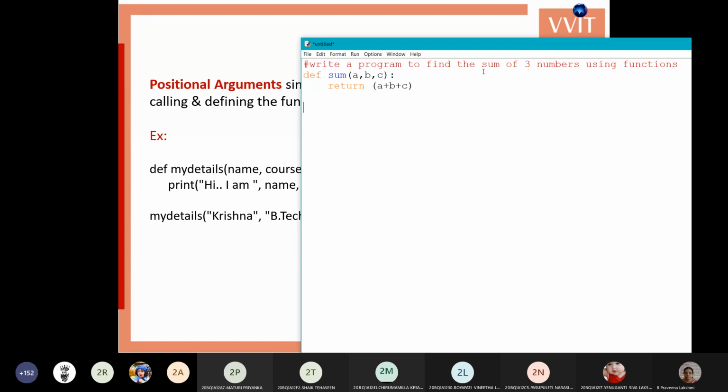I'm just doing a small program, sum of three numbers. Now I will take the input values, or we'll directly call the function, s equals sum of 10 comma 20 comma 30. Now display the value, print s. This is the example for our positional arguments.